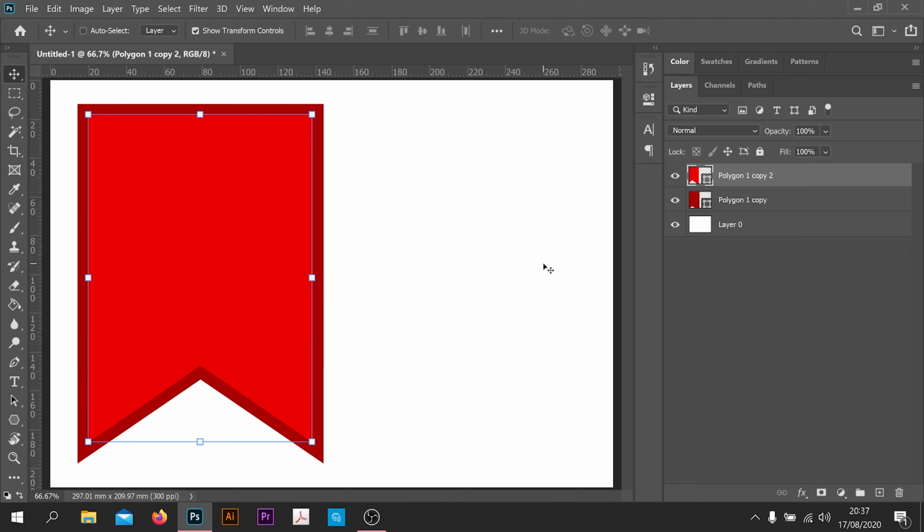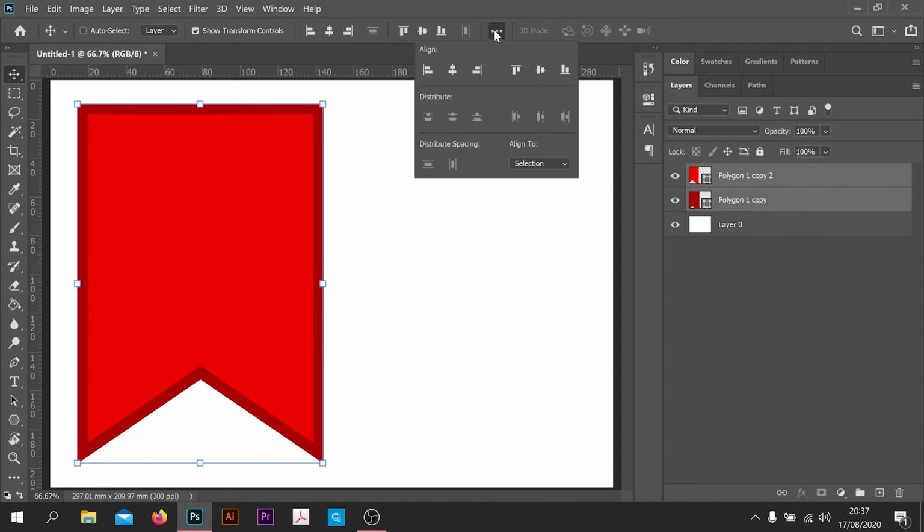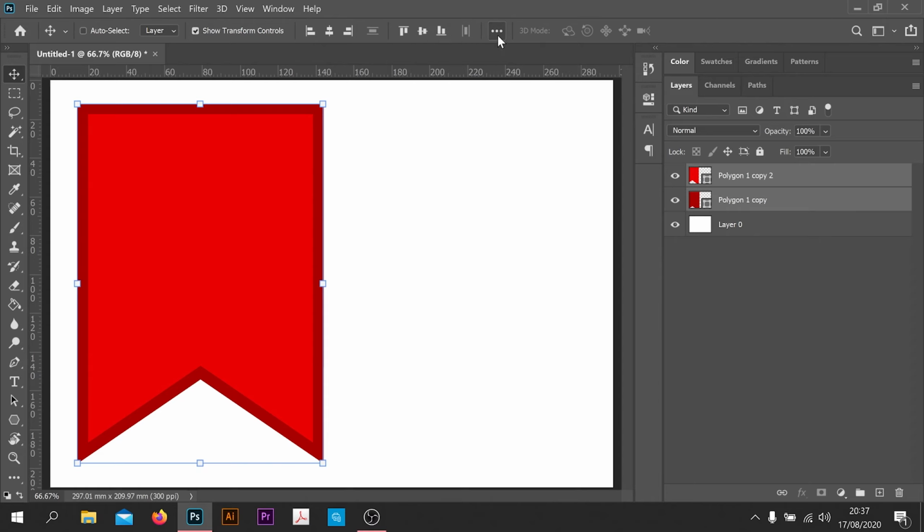Just use your arrow keys to go up and down, left and right if you want. I think it works if you center it in the middle with the selection where it's aligned to selection. I'm happy with that. I'm just gonna group that